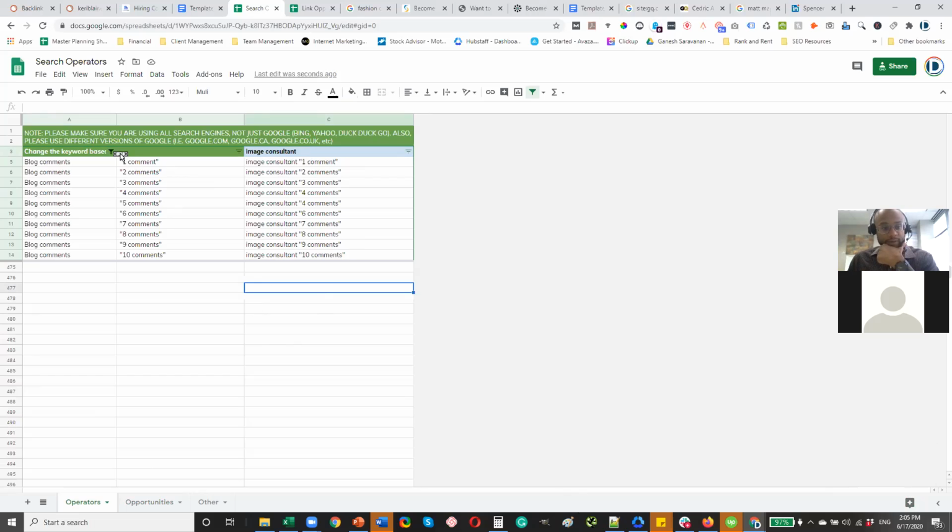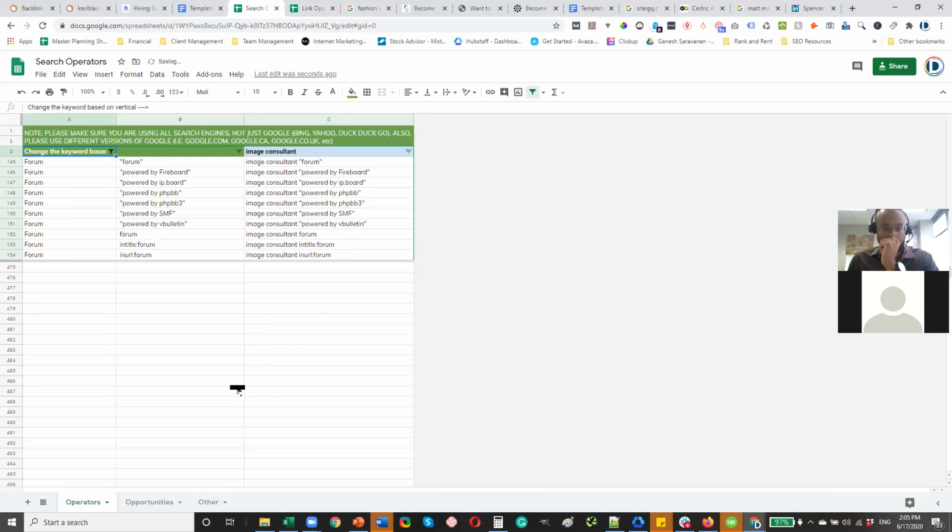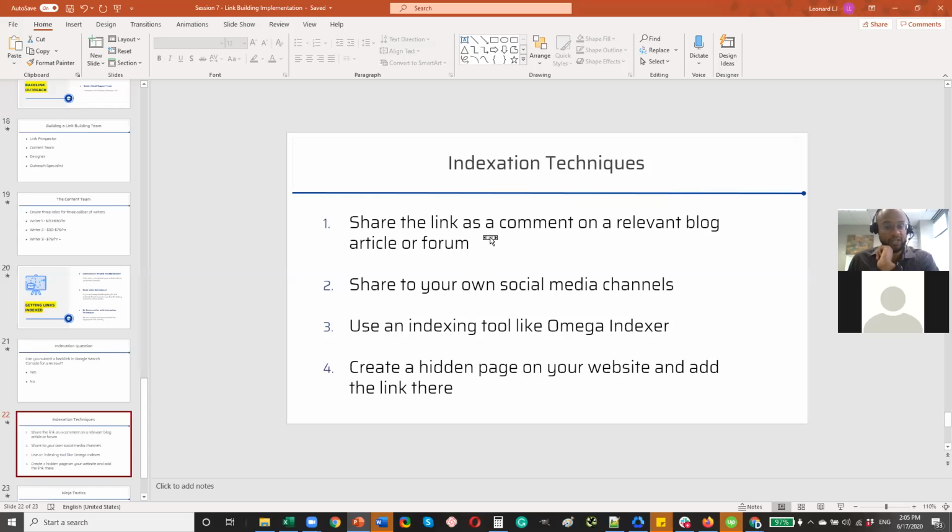And also kind of similar for forums, you can come in here and there's also forum links you can go after. Okay. And yeah, that's pretty much that tactic. And I would suggest that, Spencer, even just for promoting your own content, just so that you can kind of build your brand slowly by posting on other websites. Okay. Another indexation technique, you can share the